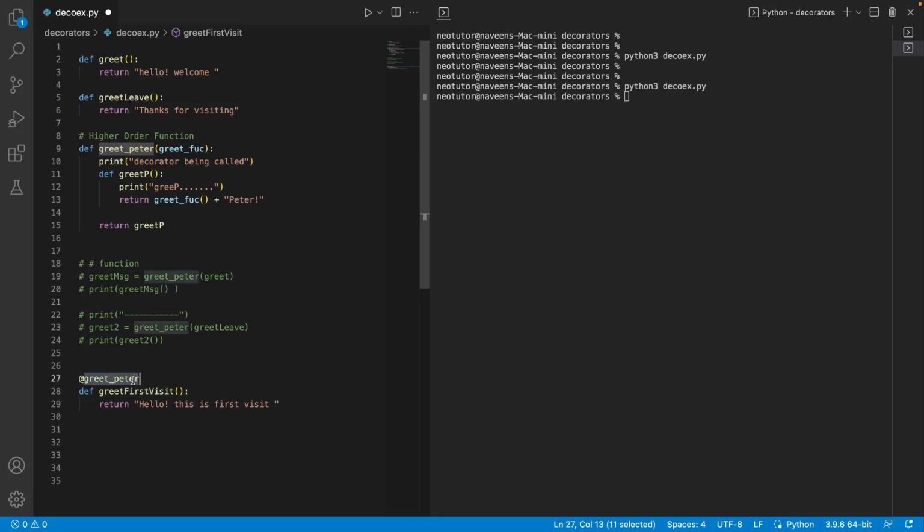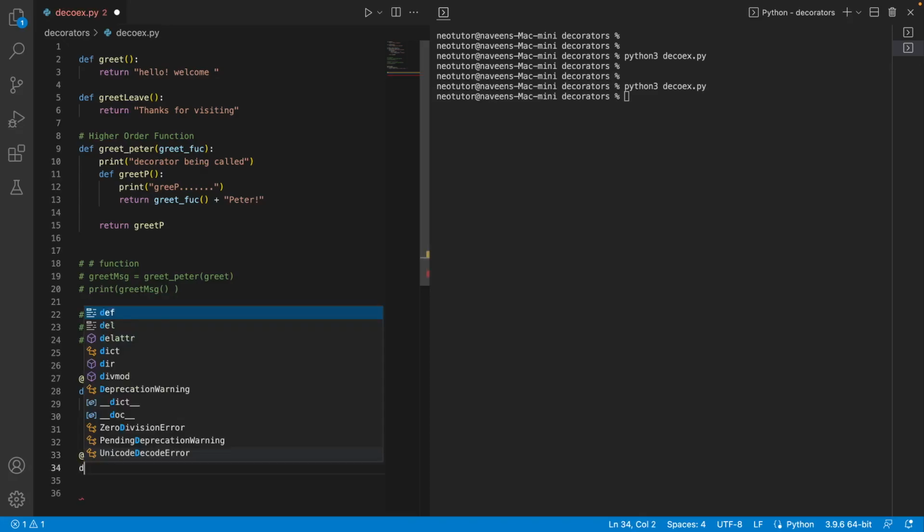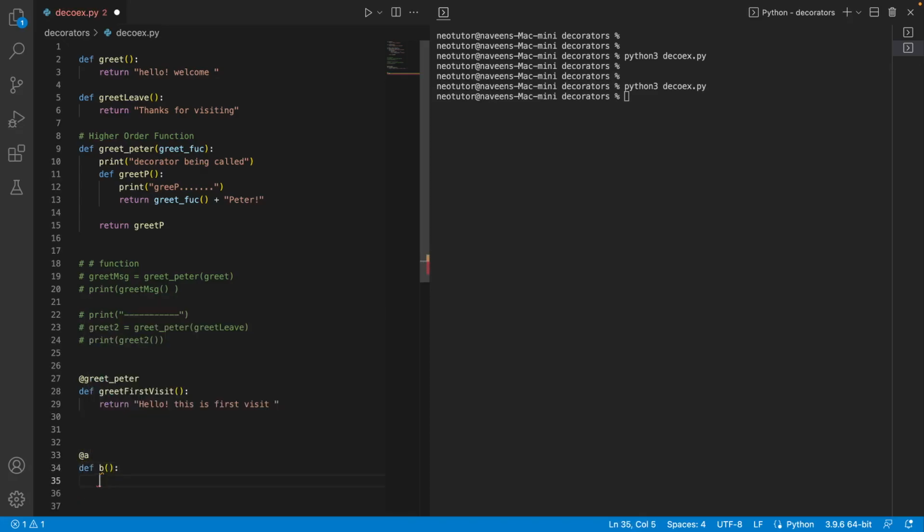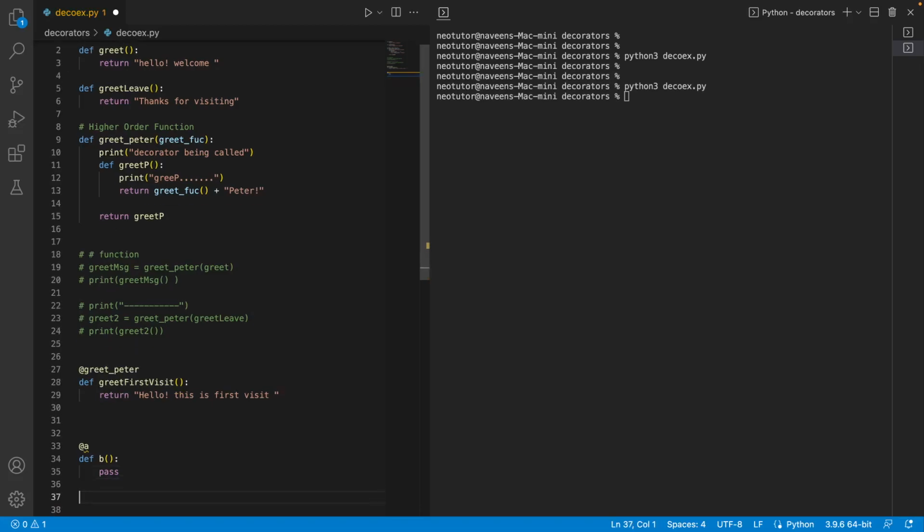So this greet Peter is a higher order function. By placing a decorator, what are we doing? What does it mean? Suppose decorator at the rate of a, define b. What does it mean? It means that b equal to a of b. Do you get it? Remember that. The same thing is happening: greet first visit equal to greet Peter of greet first visit, so that